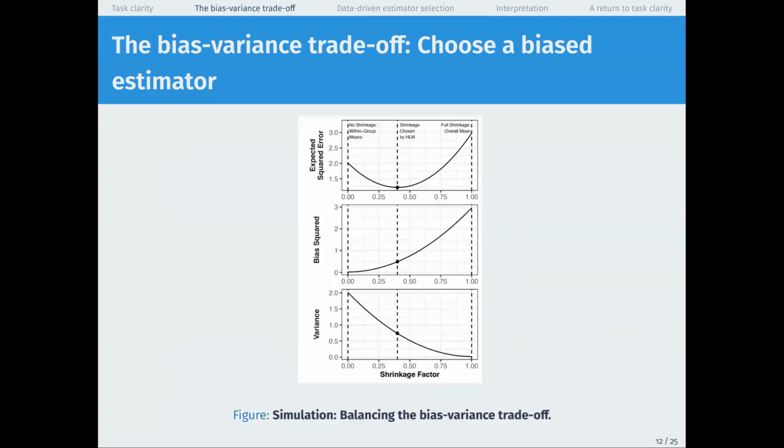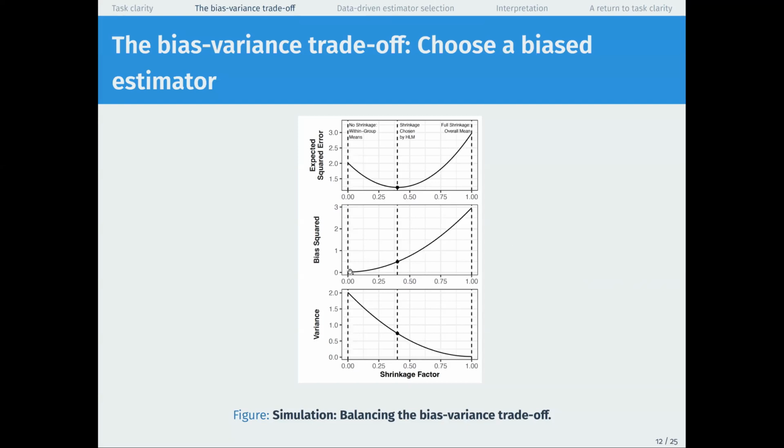Okay, so why did I walk through all that jargon? I walked through this all because it's helpful to see where there's a parallel between the way statisticians think about the bias variance trade-off and the way machine learning researchers think about the bias variance trade-off. So here at the top, I have the expected squared error of our estimator across repeated samples. So this tells me, on average, what's the squared difference between my estimate of the class-specific means and the true class-specific means. And we see at the far left of the plot that when we have no shrinkage, when we just estimate the mean of the cases we sampled in each classroom, then we have relatively high expected squared error.